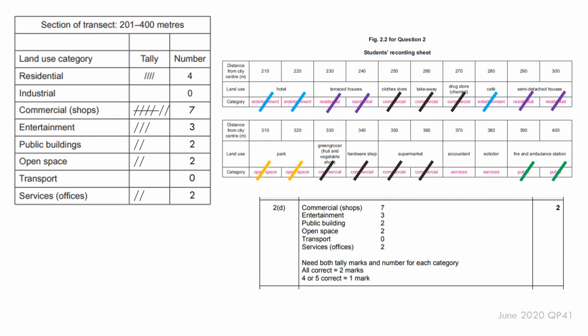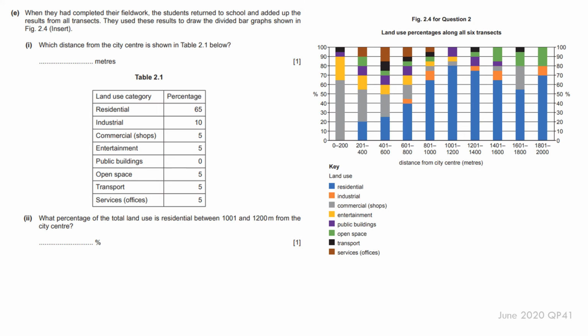And so you can see there, you've got the answers correct. Another one that you can see here, again, you can see that nice use of the bar graph through time. Distance from the city centre in table 2. What is that? Which is the distance? Okay, so again, I would go through